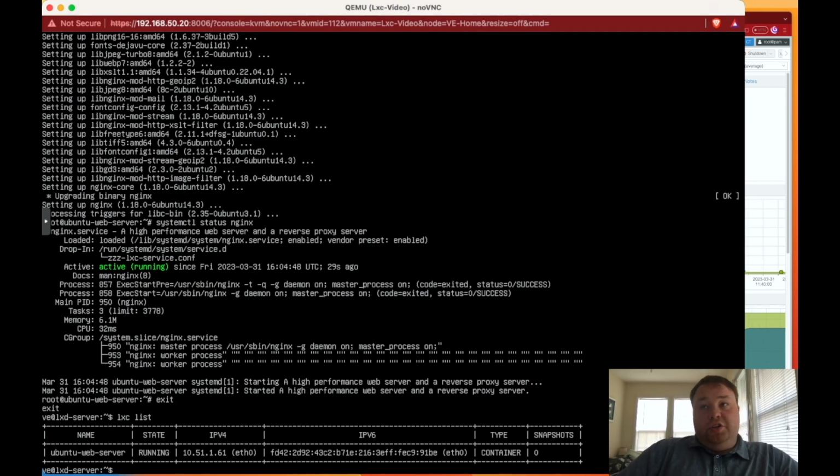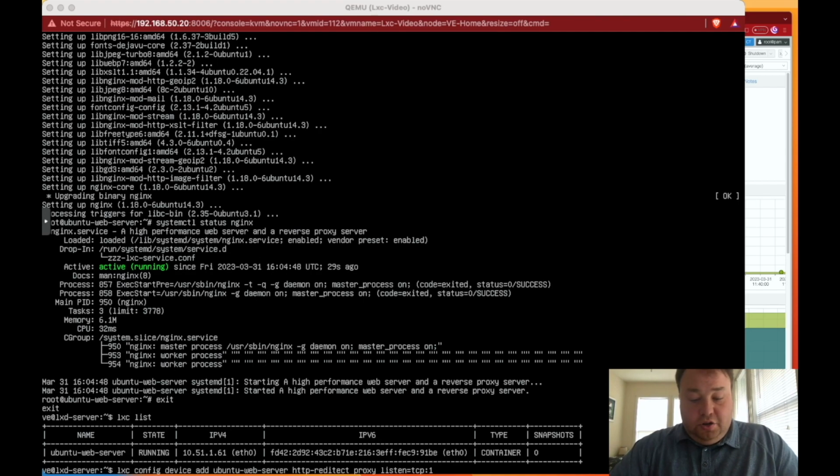So now we're going to need to do the proxy pass, and to configure the proxy we're going to run the command lxc config device add, and then ubuntu-web-server, and then http, and it's a proxy device, and then listen equals tcp, a colon, and the address of our server, and then another colon to denote the port, which is going to be 80,